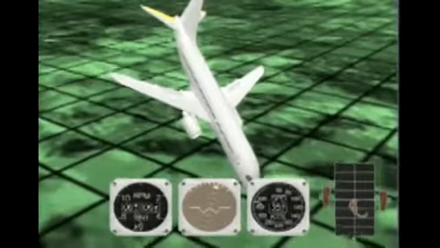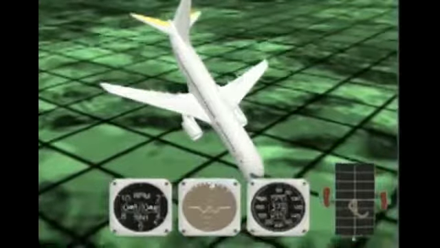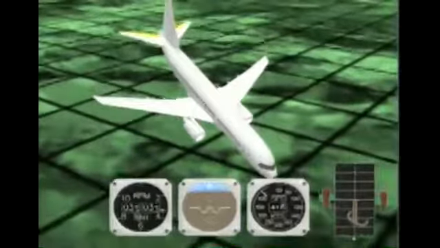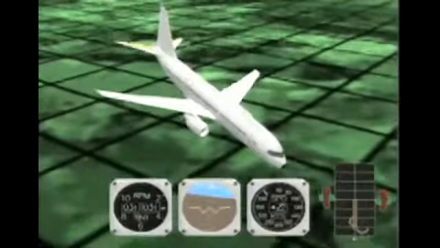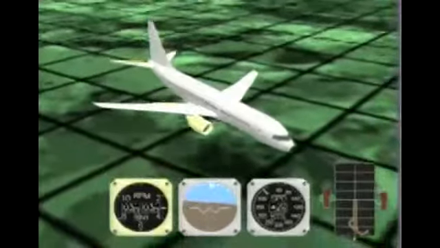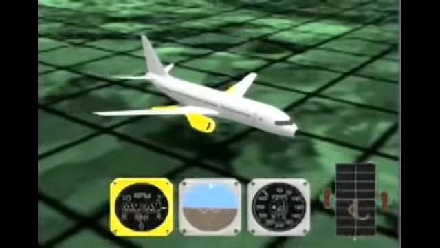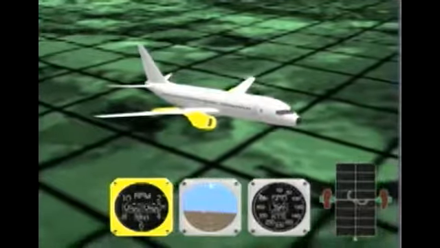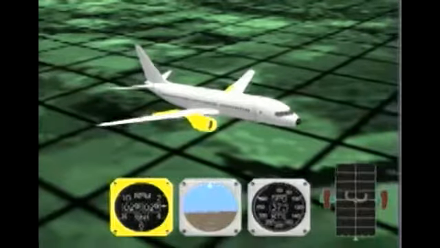In a nose-low, high-speed situation, apply nose-up elevator. Then, it may be necessary to cautiously apply stabilizer trim to assist in obtaining the desired nose-up pitch rate. Reduce thrust, and if required, extend speed brakes. Complete the recovery by establishing a pitch, thrust, and configuration that corresponds to the desired airspeed.